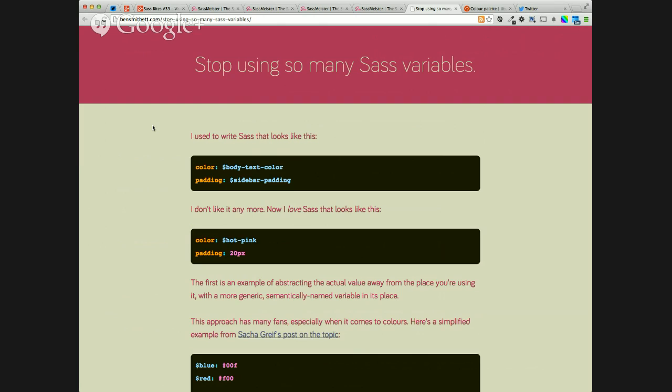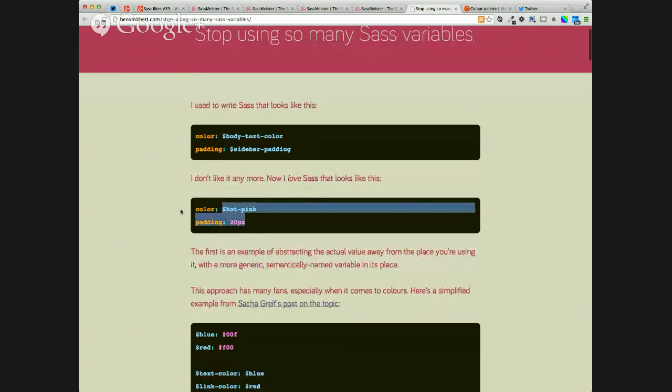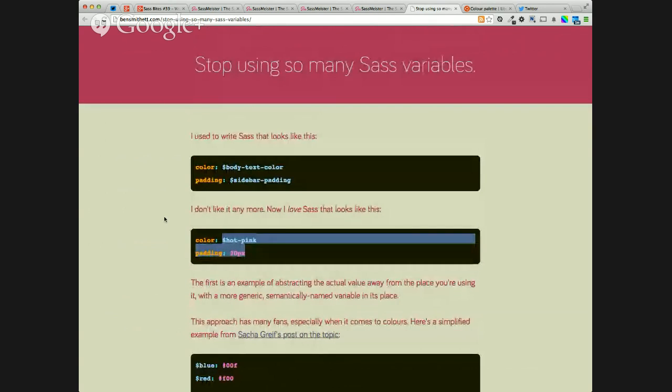But what he's talking about is this exact same thing of using this body text color instead of hot pink. And what value does that give to you? So I want to jump into a couple bits of conversation before I dive into a lot of this. One thing I wanted to talk about was, in thinking about this, there's certainly value to